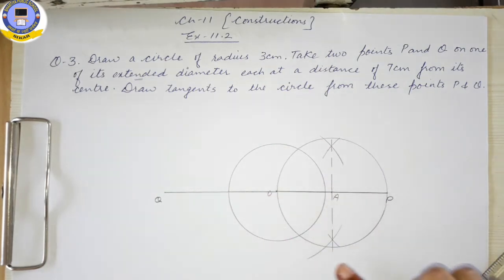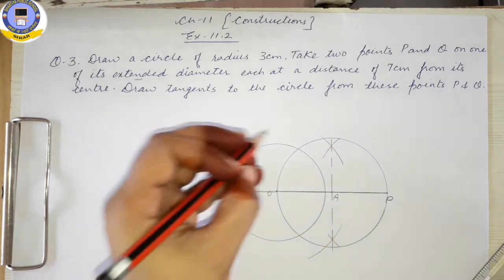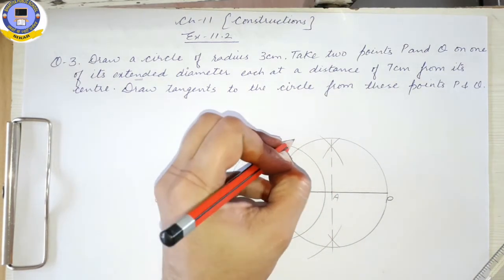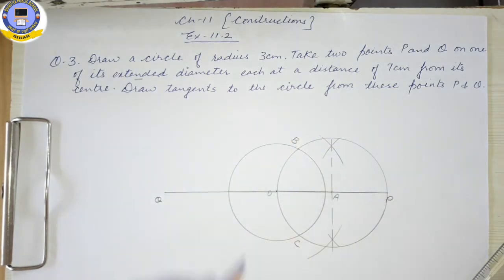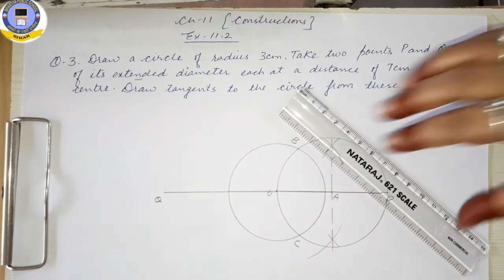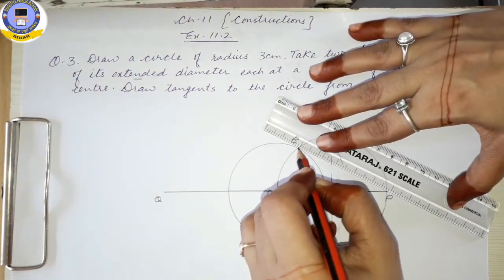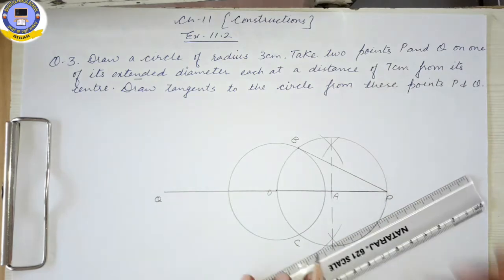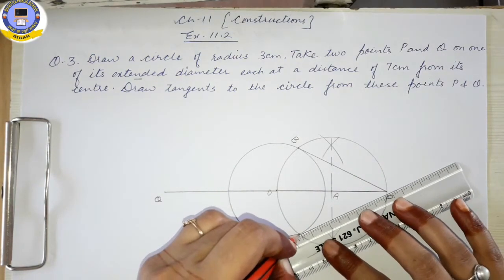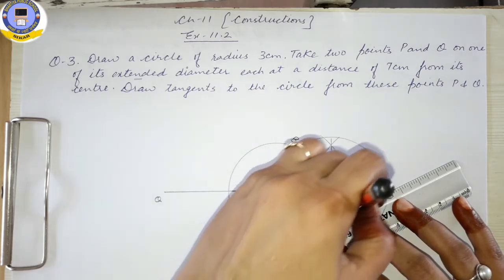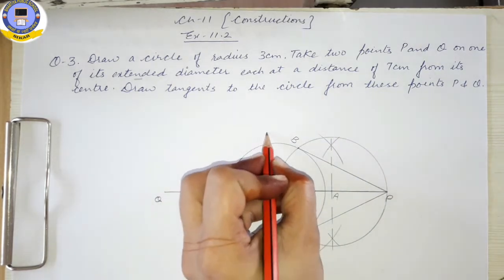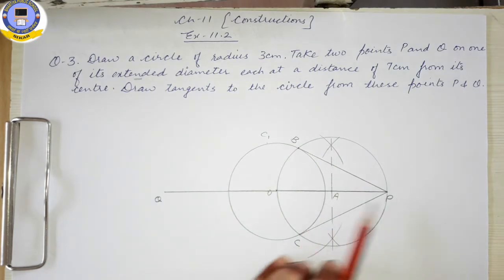If this new circle is passing through both the points P and O, it means our construction is right. Now see, this new circle has intersected our previous circle at 2 distinct points. Label them as B and C and join them. We will join P with B and P with C also. So we will get 2 tangents to given circle C1 from point P. Okay. In the same way, can't you construct a tangent to given circle C1 from point Q?